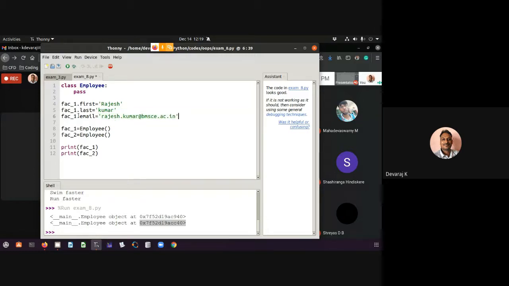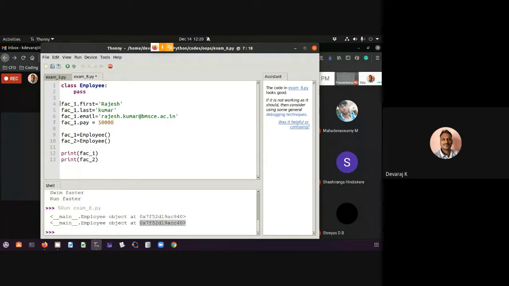I'm trying to create an email and let me create the pay. Faculty 1 dot pay is equal to 40,000, or let me say 50,000. This is what I have created.